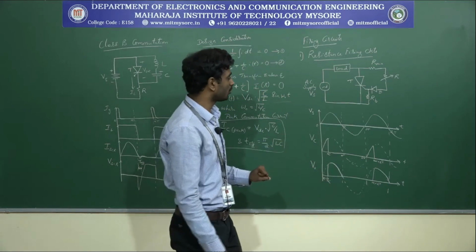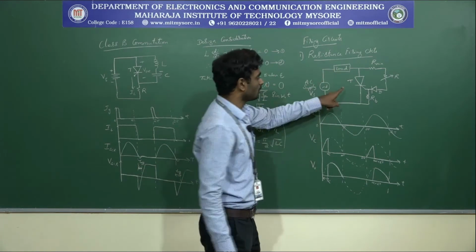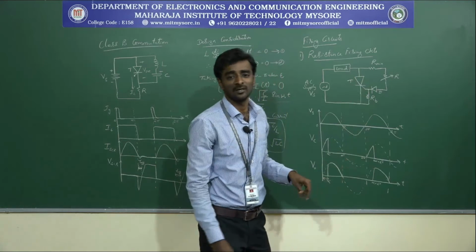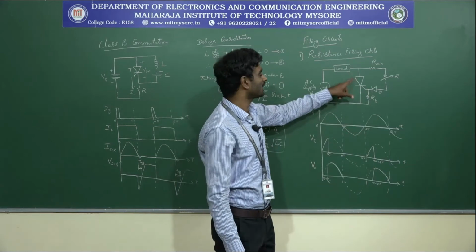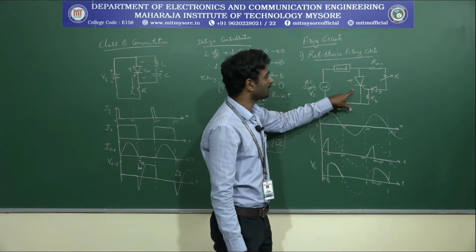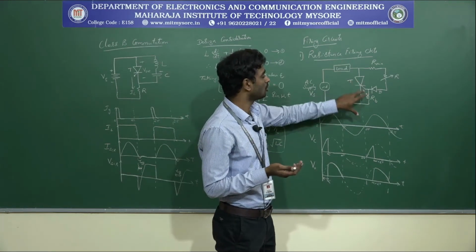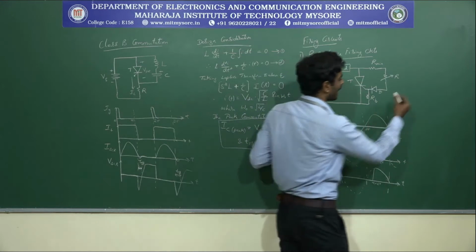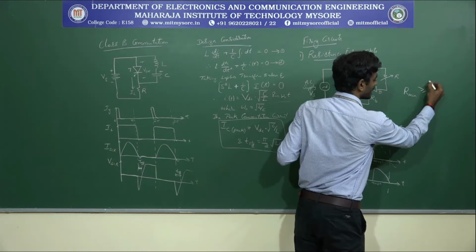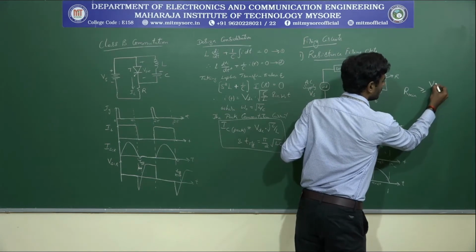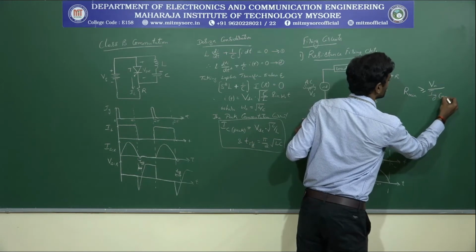How will the circuit work? You are giving a supply voltage here, so you will have a minimum resistance. Why are you applying a minimum resistance? This minimum resistance will maintain your gate current at an affordable current value for your thyristor. Based on that, I can write that R minimum should be greater than or equal to V in, that is nothing but the supply voltage, divided by Ig minimum.